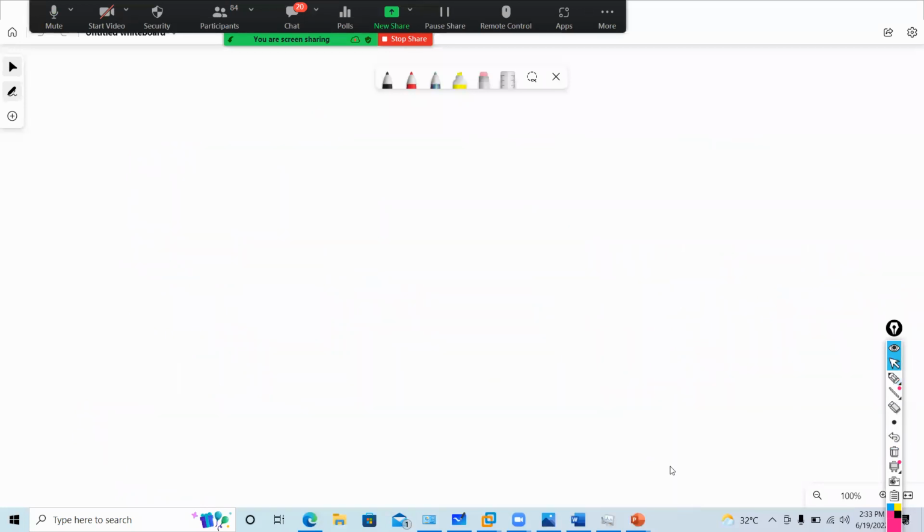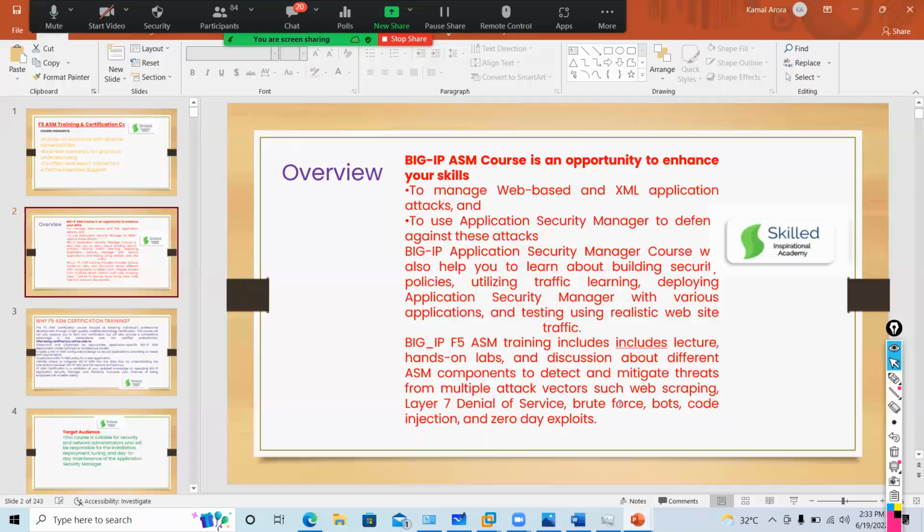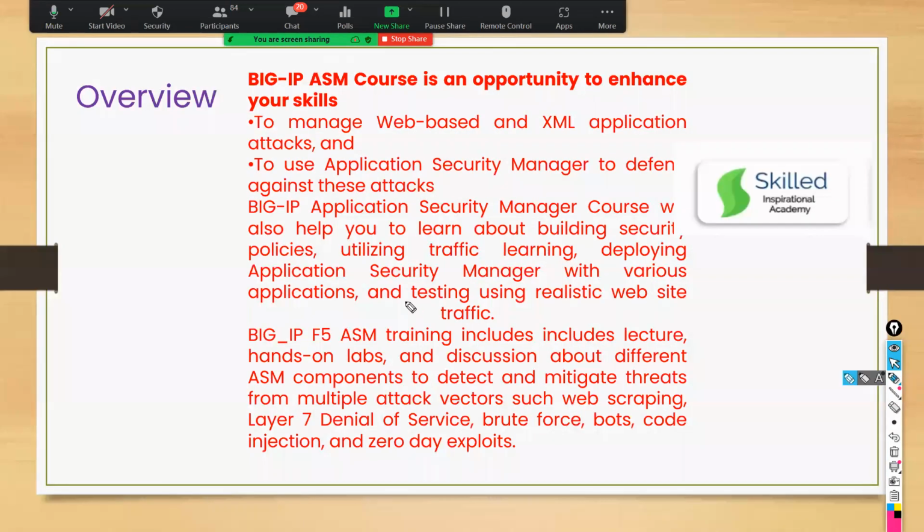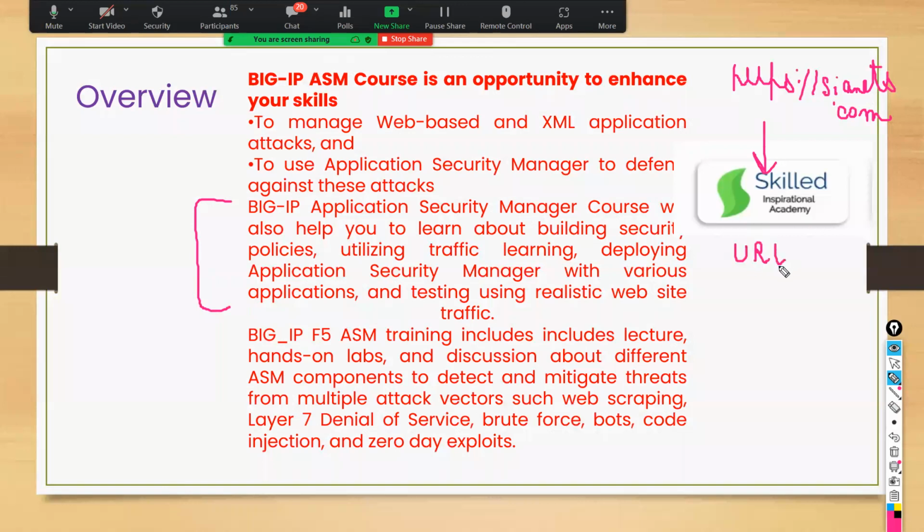Now, guys, further, ASM basically helps you to learn. Let's say I access my HTTPS SIANETS.com. This is my website. It will check everything. What are the URLs coming here?